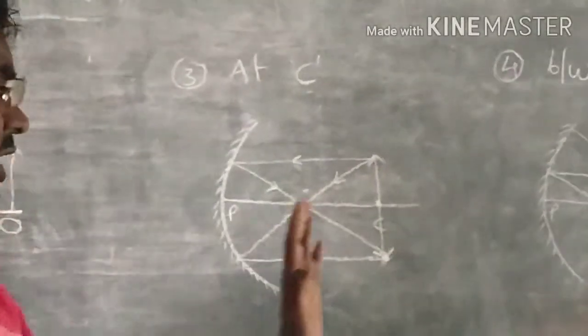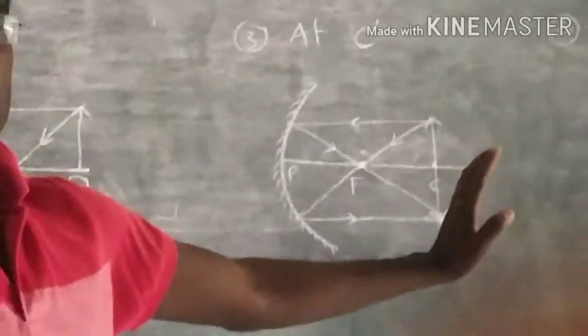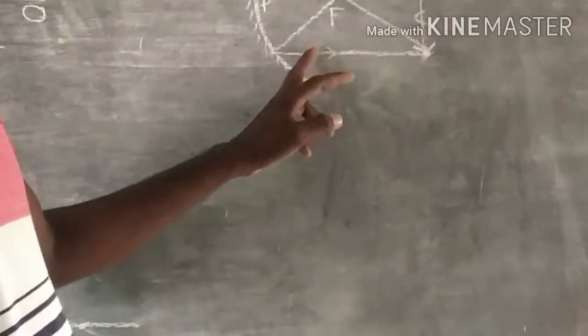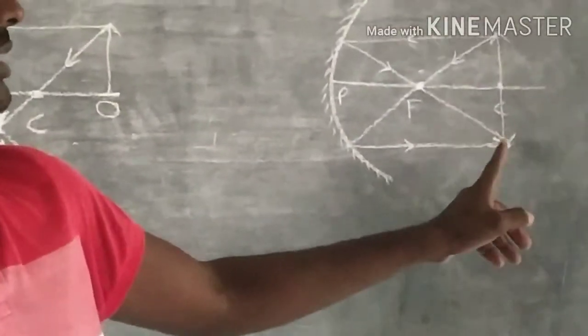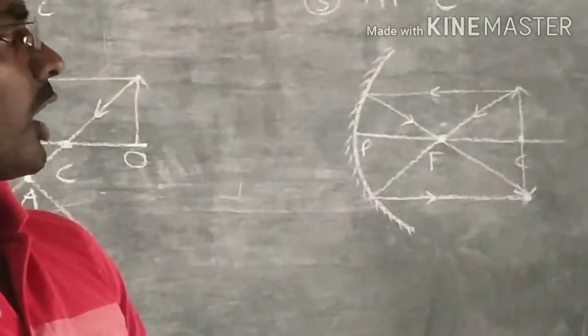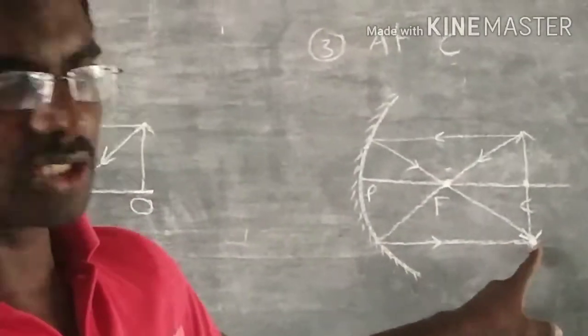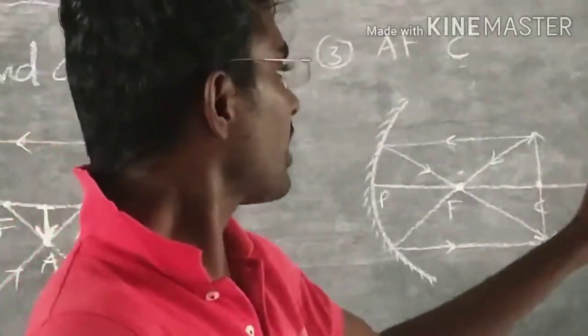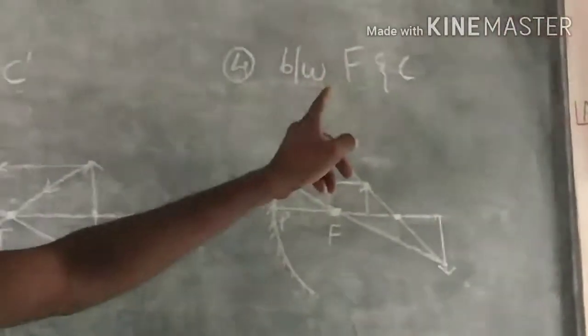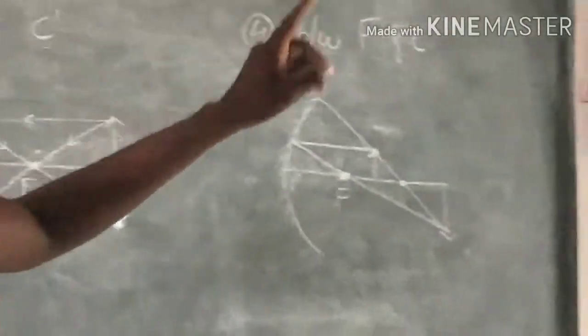So if we keep the screen here, then we will get an image of the object, the same size, an inverted image. So this is a real image. Okay? Then coming to the fourth case, if we keep the object between F and C,